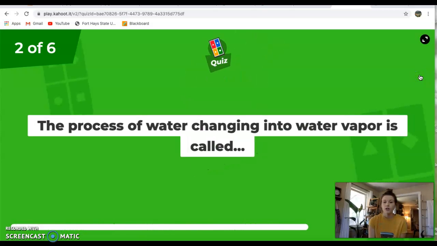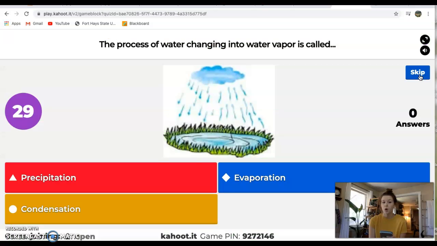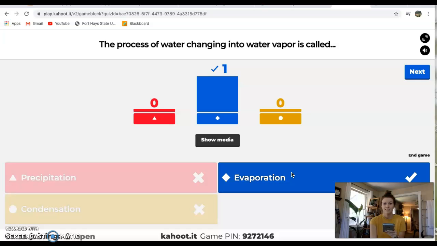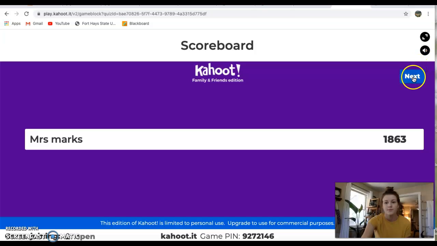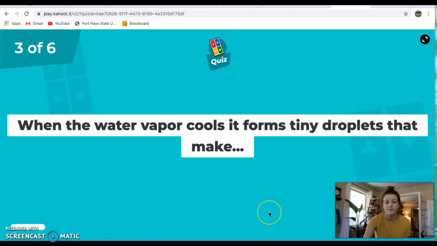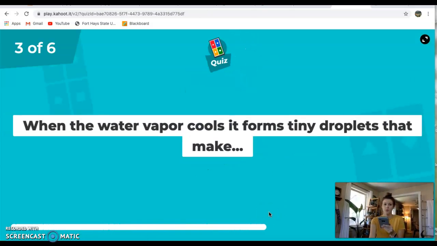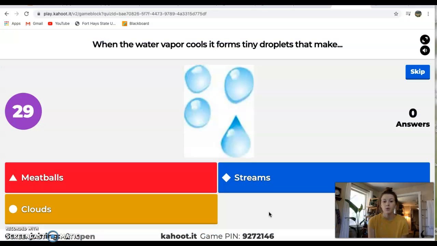The process of water changing into water vapor is called evaporation. Oh. Yay! When the water vapor cools down, it forms tiny droplets, making